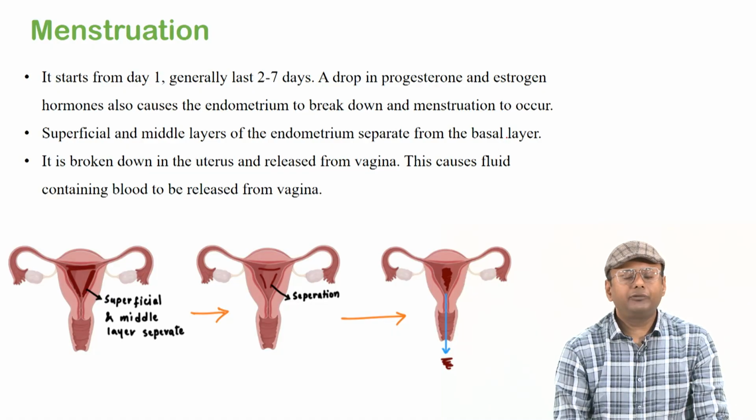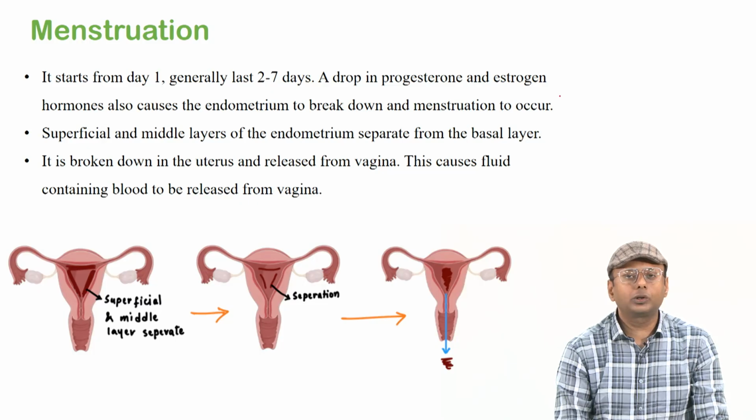So, we have completed almost both the ovarian cycle and the menstruation cycle till day 28, but let us see what menstruation basically is. When there is no fertilization, you remember in the last slide we discussed that both the progesterone level and the estrogen level completely went down. And if there is no progesterone and no estrogen in the body, the endometrium of the uterus will start to degrade.